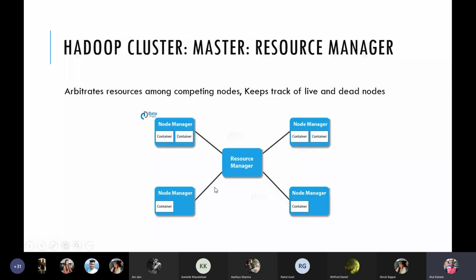So in other words, if, let's say, we submit a job, the resource manager will pass it on to one or more node managers who will have containers, which means our process will run here, for example, and our process may also at the same time run here. And if it's fairly large, it may also run here.